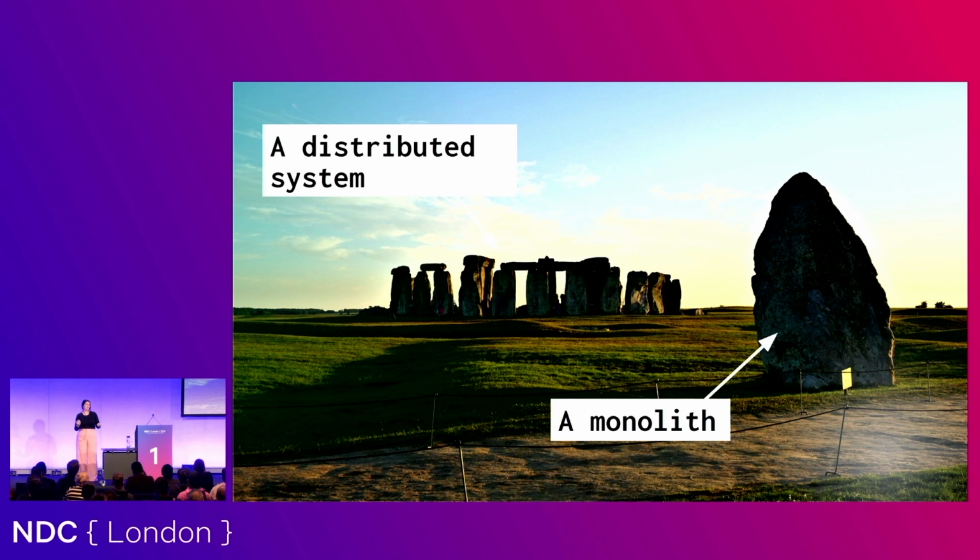So we are going to talk about a modular monolith, but that does mean that we are going to be thinking about distributed systems. And the typical demonstration or imagery for monoliths is rocks. So we have this here with Stonehenge in the background, and you can think of that as a distributed system with lots of rocks. I think those sarsen stones are actually coupled by the linking stones on the top, but we won't go into that today. That's a different talk. But we have our monolith. So we're going to be thinking about the differences between these and how you can relate them as well.